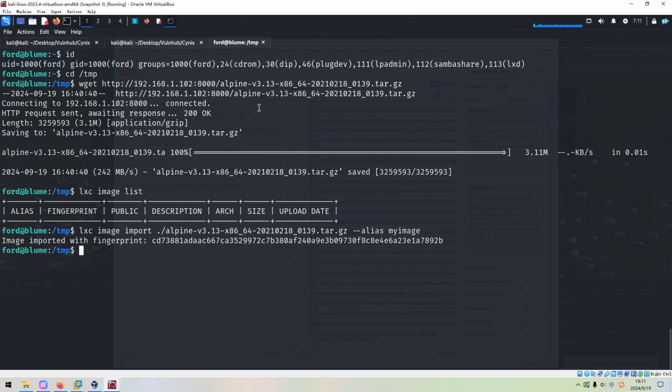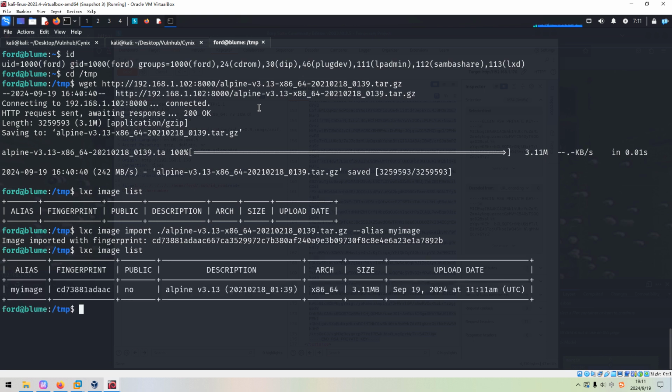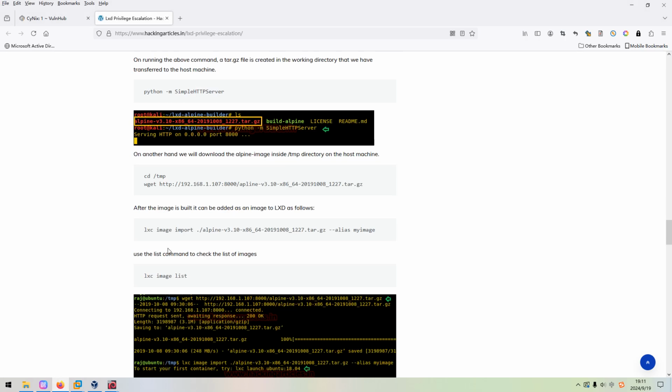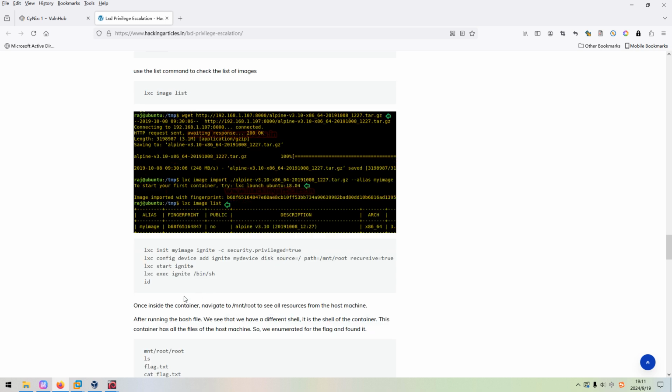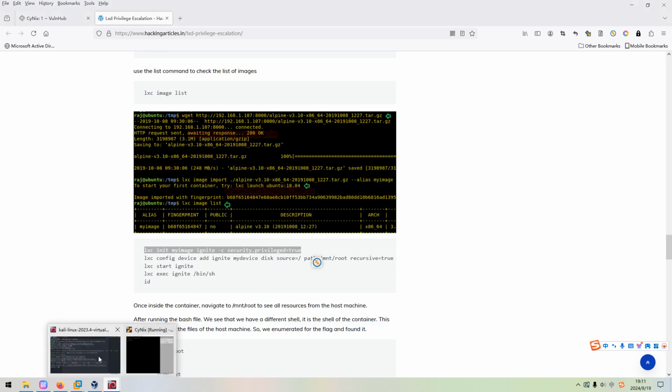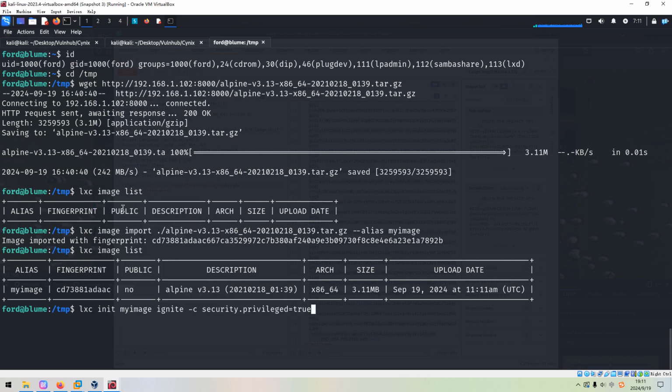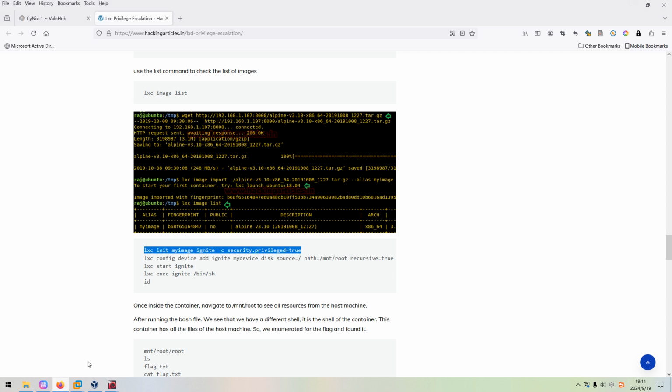Okay, and next we need to double check whether we have already imported this image to the container management system. Okay, so next we did, and then we can initialize this container, and the next we can copy.